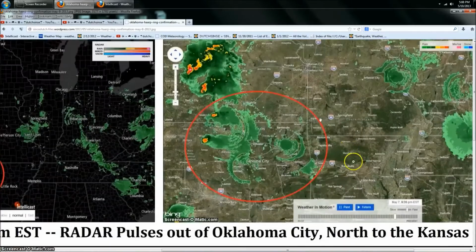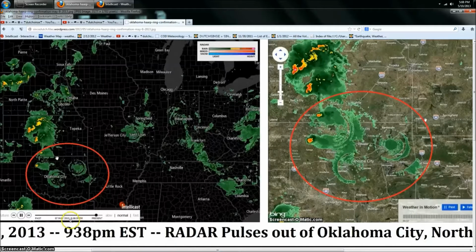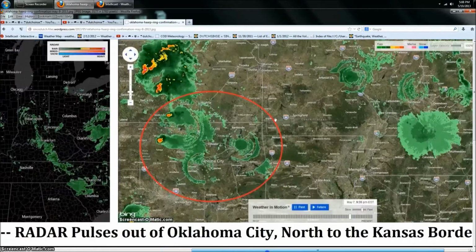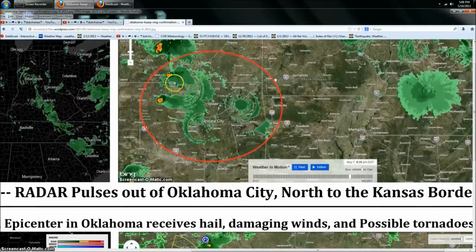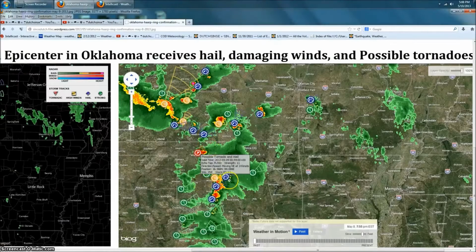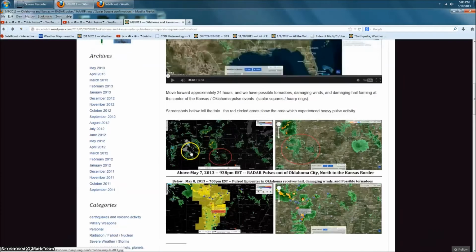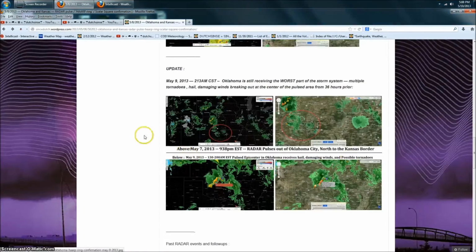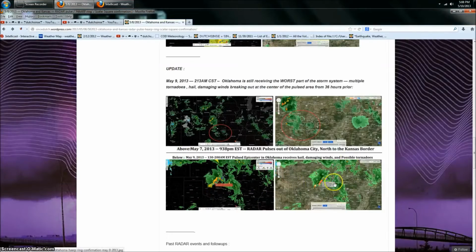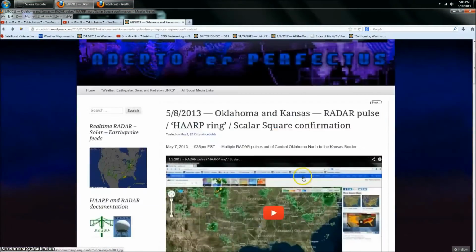Let's go over and look at the other pulses that occurred. Here's a different pulse from the same day. You've got May 7th at 9:38 p.m. and May 7th at 9:35 p.m., all right? This is Eastern time, this is Central, so they're 1 hour apart, and you can see it again. Pulses, and then the strongest part of the storm moved right into the center, right over Tulsa, producing additional multiple tornadoes, which I did document. Here they are. You can see all this activity if you want to come back and review that.